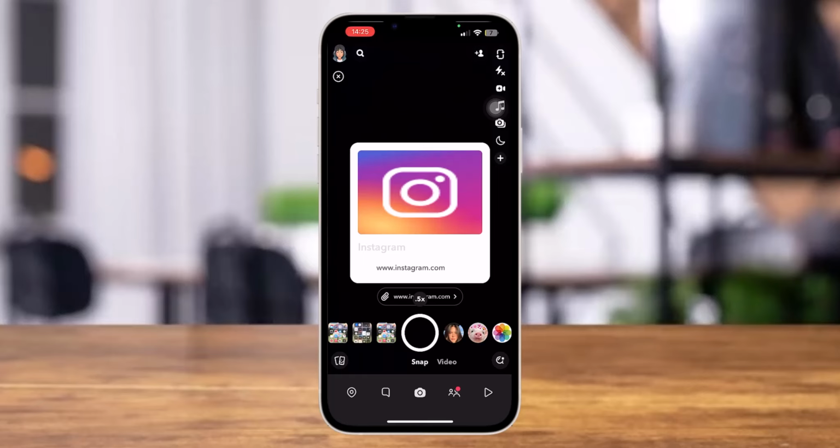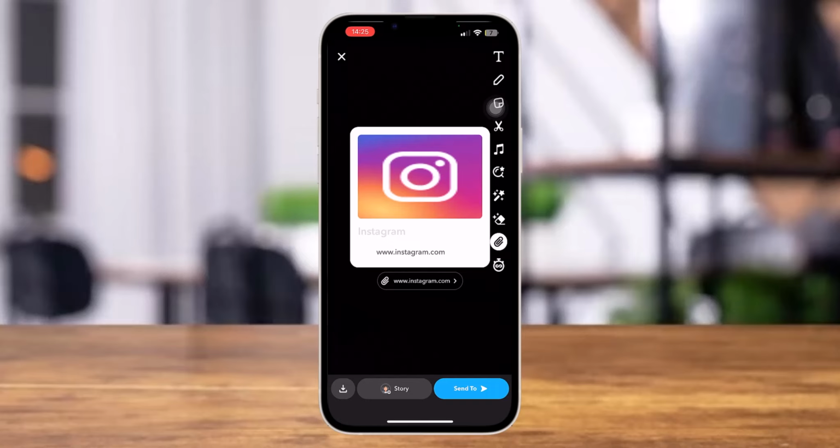Something like this will appear on your screen. Now you have to take a snap of this. Then you have to add it to your story. So your Snapchat friends would have to tap on the link, and with that, they will be able to see that reel on Instagram. So if you tap on the paperclip icon at the right hand corner,